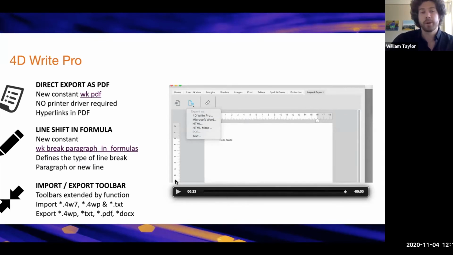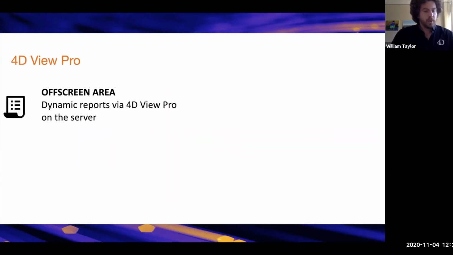Those are the new features for 4D Write Pro in v18 R4. So for 4D View Pro in 18 R4, we now have an off-screen area. The off-screen area existed in 4D View, and while people were doing the conversions from 4D View to 4D View Pro, it was a heavily asked-for feature. Now, there were ways to get around it and simulate an off-screen area, but now the off-screen area is fully